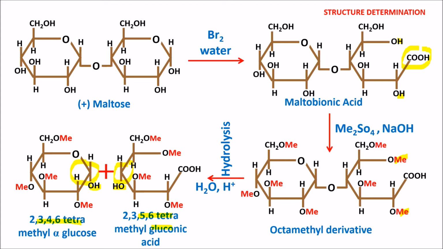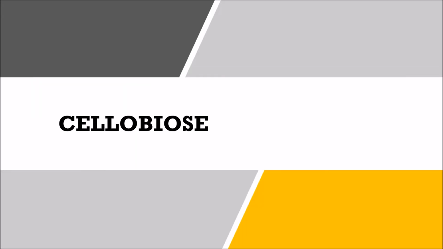So by this we can prove that the structure of maltose has 2 D-glucose units attached with a glycosidic linkage. So the structure of maltose is proved as alpha-D-glucopyranosyl alpha-D-glucopyranoside. Now let us start with our next